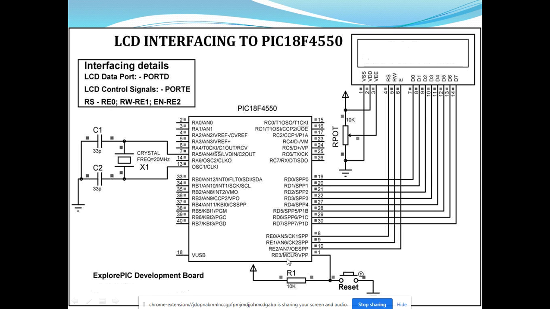This is the reset pin. You can see MCLR, master clear reset pin, through which you can reset the microcontroller. This particular circuit is needed for resetting the microcontroller. In the program we can reset the microcontroller through software also. So this push button switch is available on the board to reset the microcontroller. Whenever an active low signal is applied to this pin, the microcontroller will get reset and it will start executing the program from its initial location.